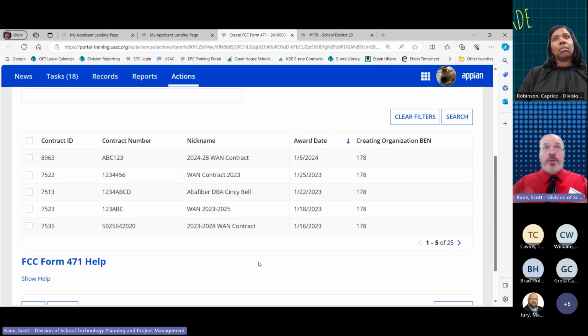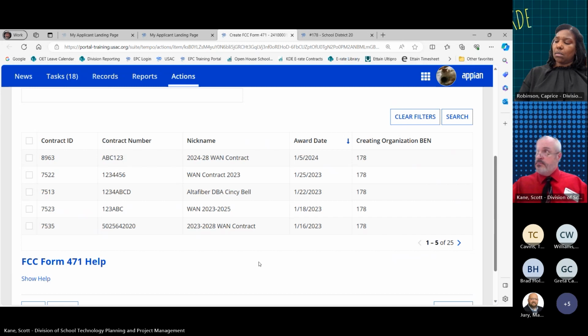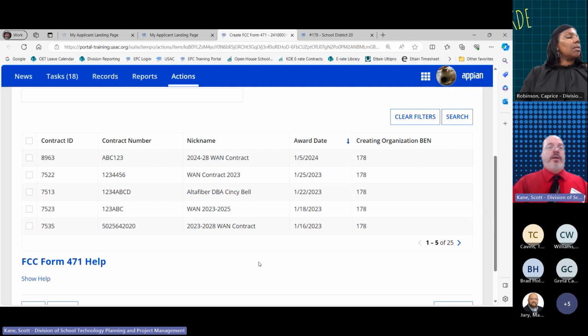Yes. So you will have the contract matrix, and on the contract matrix, it's going to have a list of all of the resellers and the contract holders. You're going to identify the one that you identified as winning your mini bid, and we'll talk about mini bids here in a little bit. You're going to look for the contract number associated with that reseller on the contract matrix, and then look for that contract ID in the list of contracts that you see when you search.